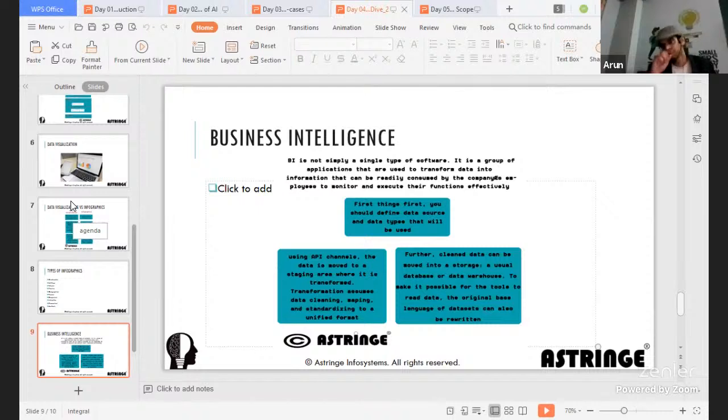Next important aspect is business intelligence. In the business intelligence space, you can have data provided with a lot of insights coming from various sources. Particularly in the business sense, you can have data connected from business to business, or from business to consumer.